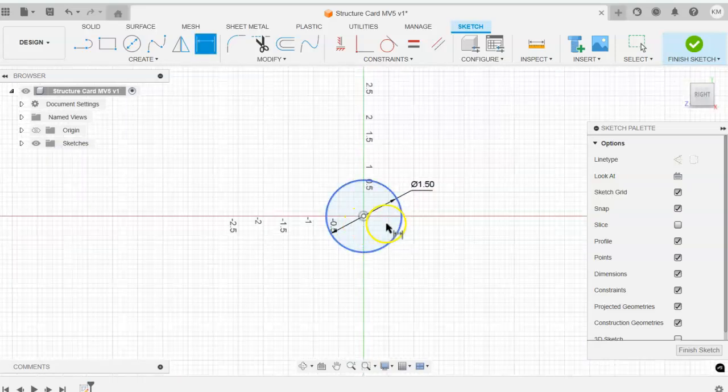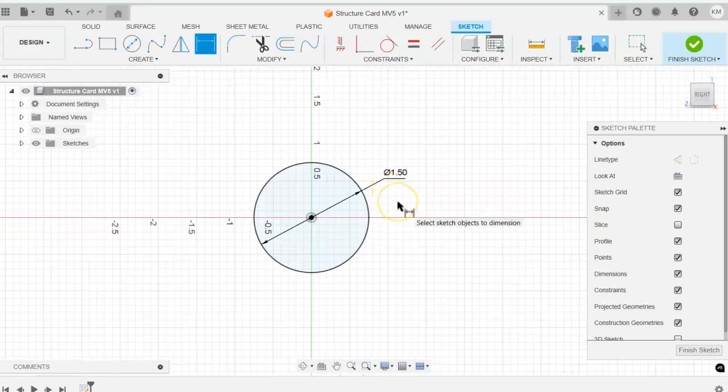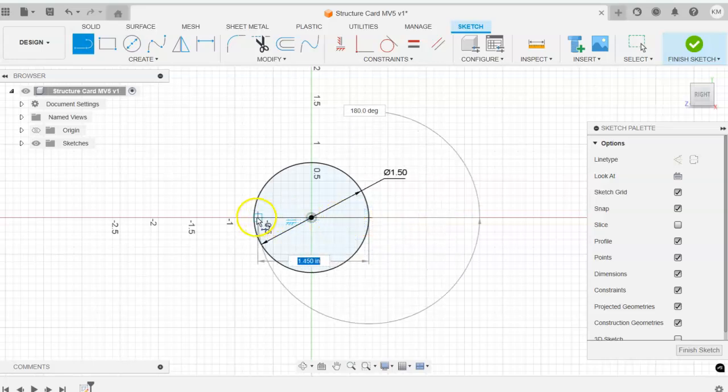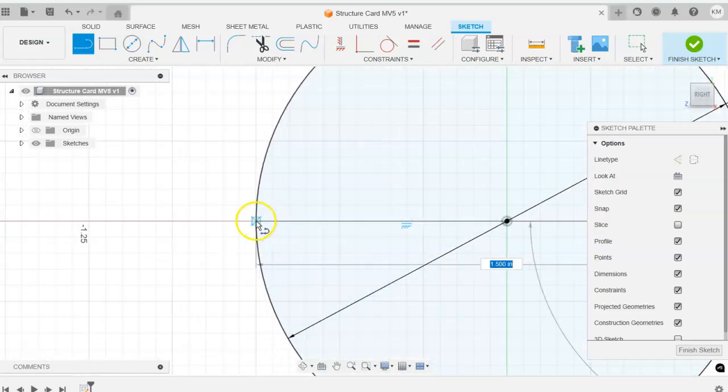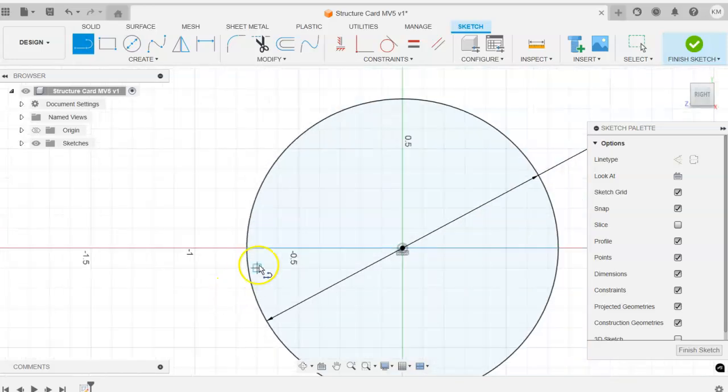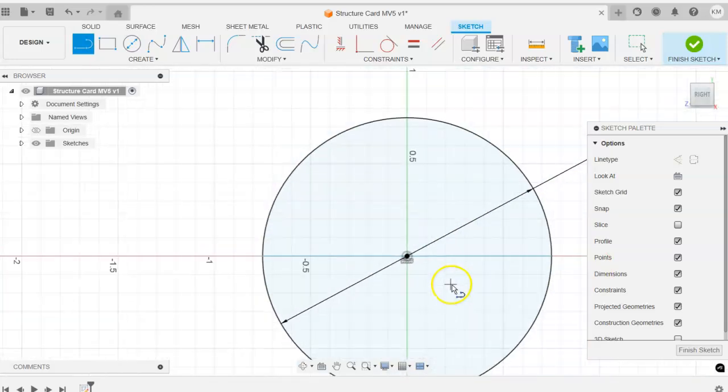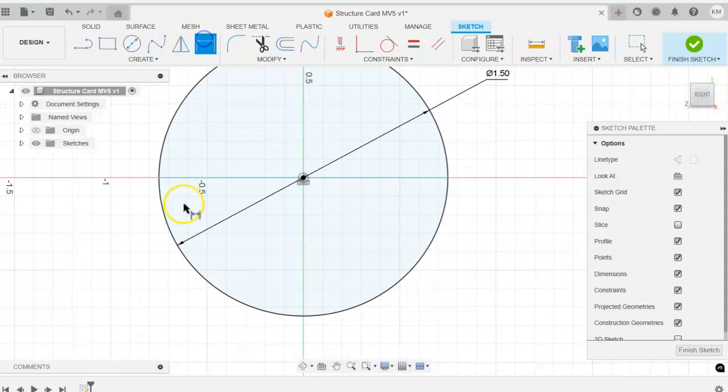Because I'm on my origin, I am fully constrained, but I'm not done yet because we are not creating a full circle. We're actually creating a half circle. So I'm going to use a line to cut this in half. I'm going to draw a line, and since I started on my origin, I'm looking at the z-axis here. I can go ahead and cut that in half by drawing a line that hits this intersection, and I'm going to draw it over, zoom in to make sure that I connect with that intersection. So I've got a line that connects those 2 points. And that will allow me to then trim the,